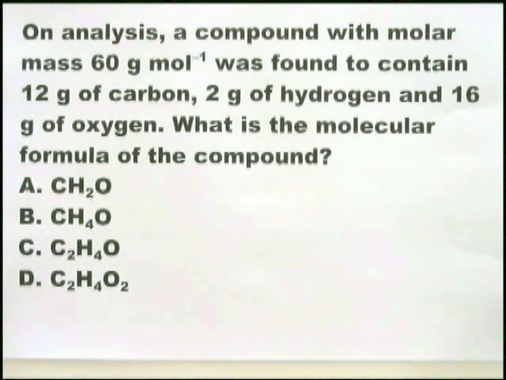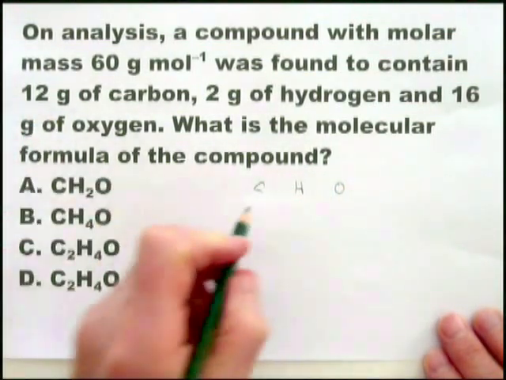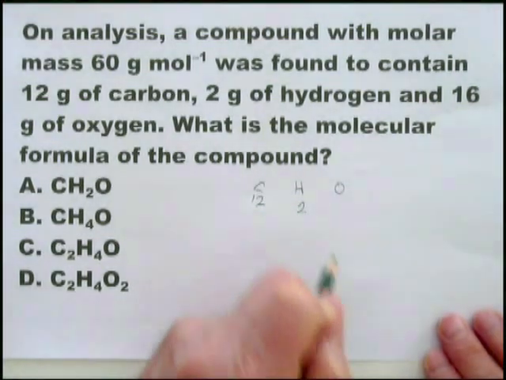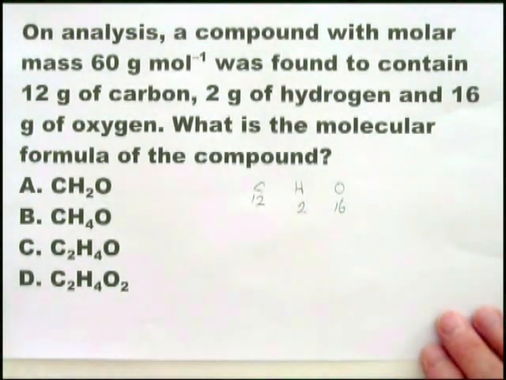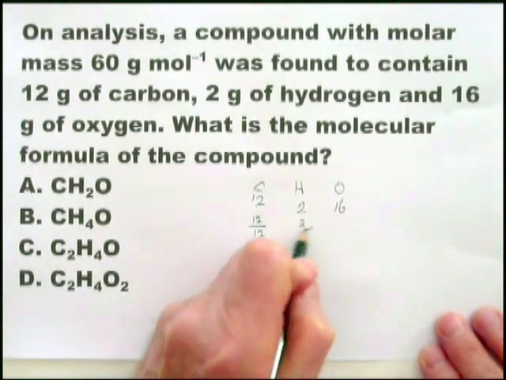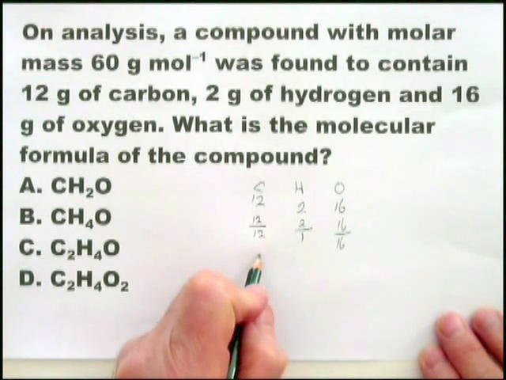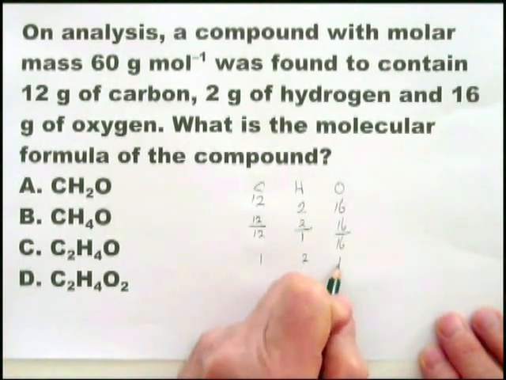When you look at this, you think, I have to do a calculation. I have to calculate the empirical formula, and then given the molar mass, I can work out what the molecular formula. Okay, let's do that. CHO, this is the standard way of doing it, 12 grams of carbon, 2 grams of hydrogen, 16 grams of oxygen. And we divide these by the atomic mass, 12 divided by 12, 2 divided by 1, 16 divided by 16, and that comes to a simple ratio of 1 to 1,